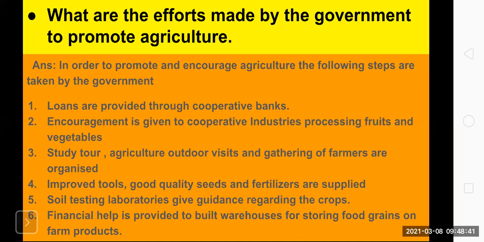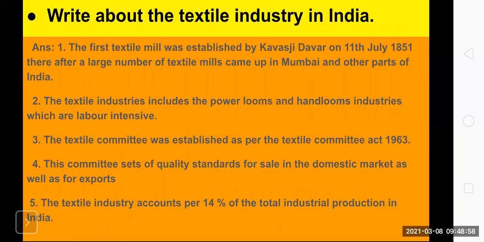For these questions you have to learn more than 6 points, because when we are sitting in the examination room, maybe we will forget one point, and then we can write another point. So understand this, we have to learn more than 7 points, and from that, when we are going to write this answer, we can write 5 to 6 points.